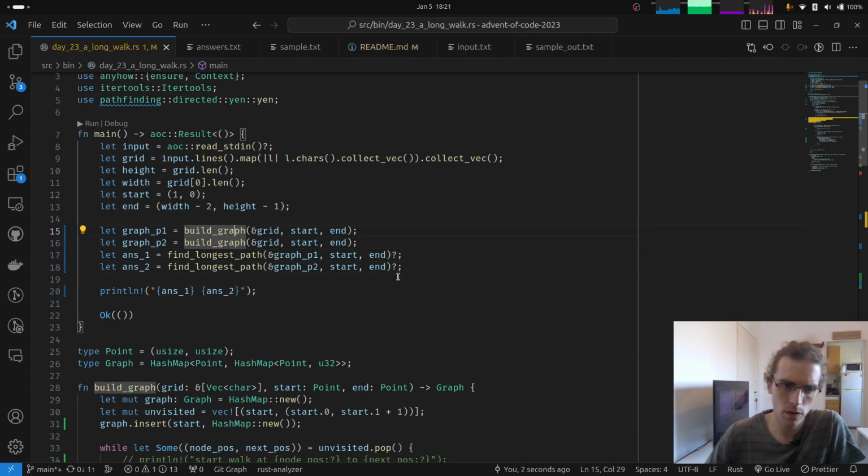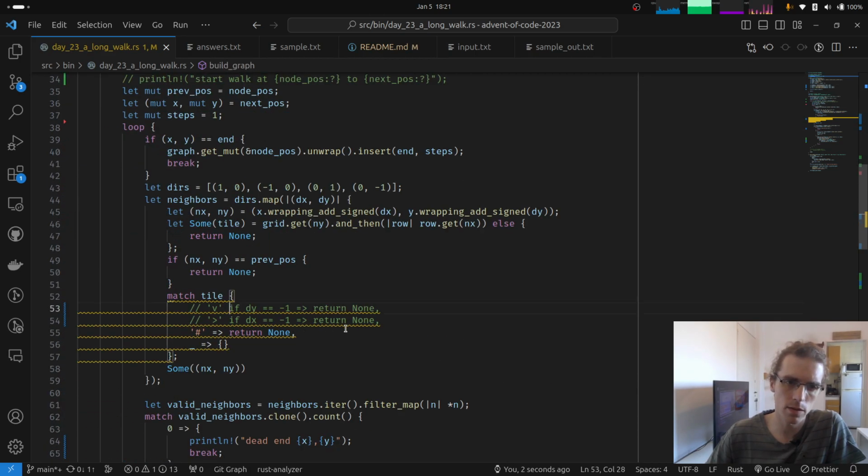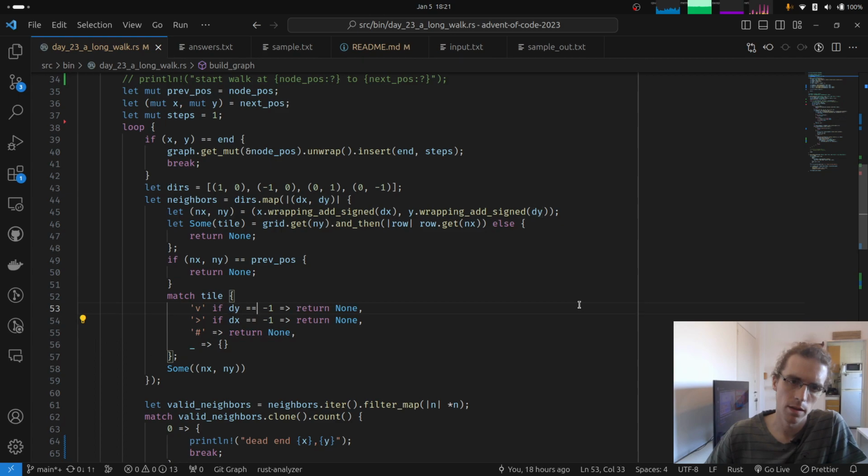And what we want to do is ignore the slopes. So basically in part 1 the slopes, you have to obey them. So let's say if the slippery